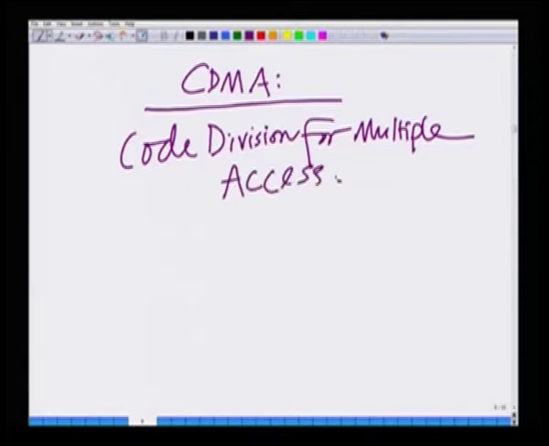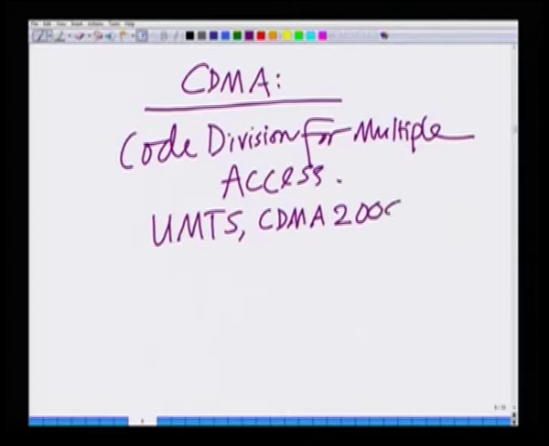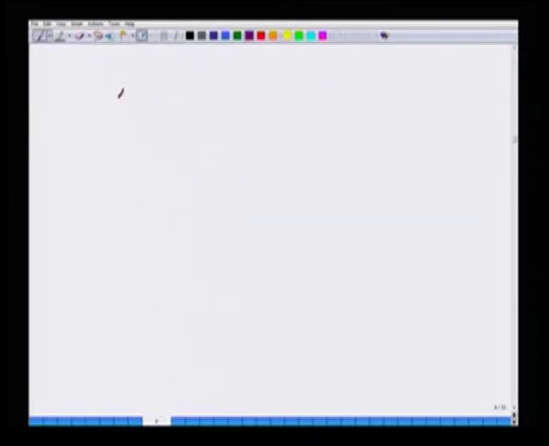It forms the basis for all 3G technologies such as UMTS, CDMA 2000, HSDPA and so on. And we have seen several different properties of CDMA, starting from the orthogonal spreading sequences,